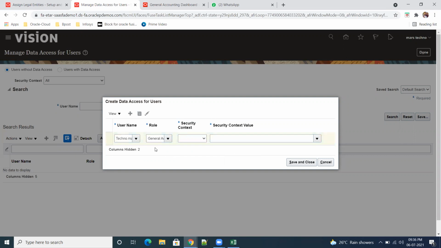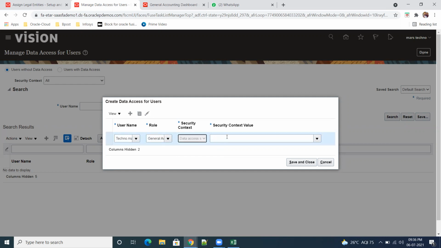Whenever, for example, I give accounting manager or whatever roles you have, like account payable manager, the security context value will filter out. Some of the context can vary based on the role. Now General Accountant is required for the ledger.